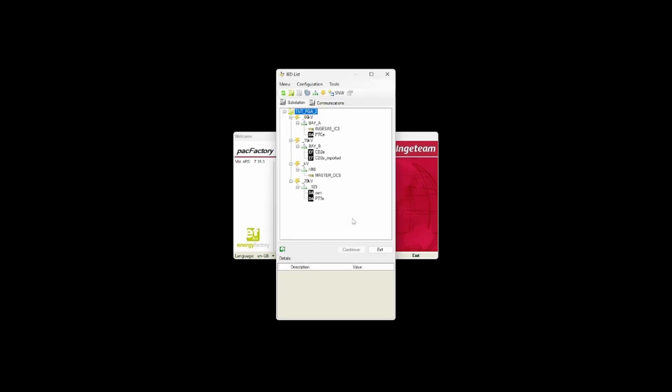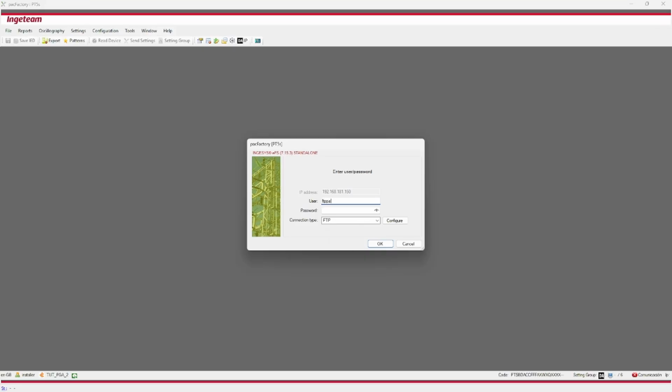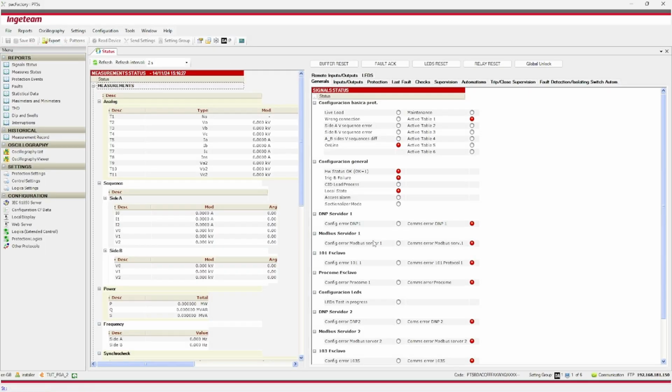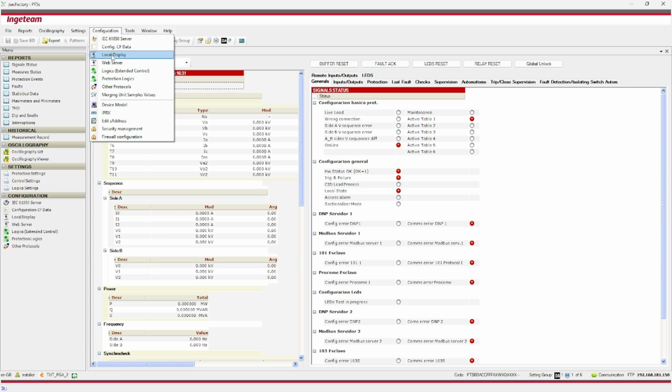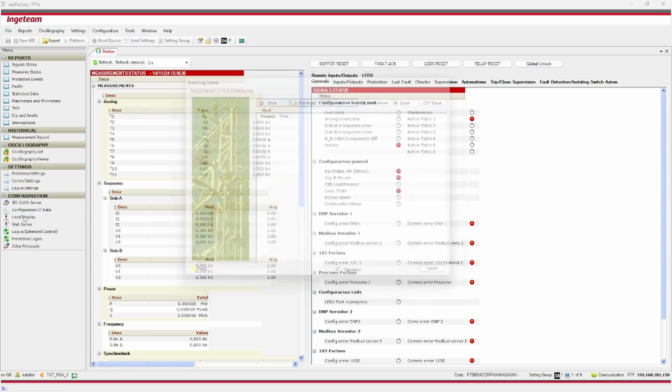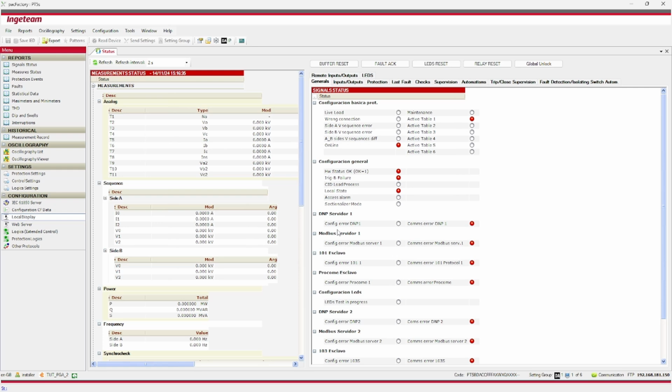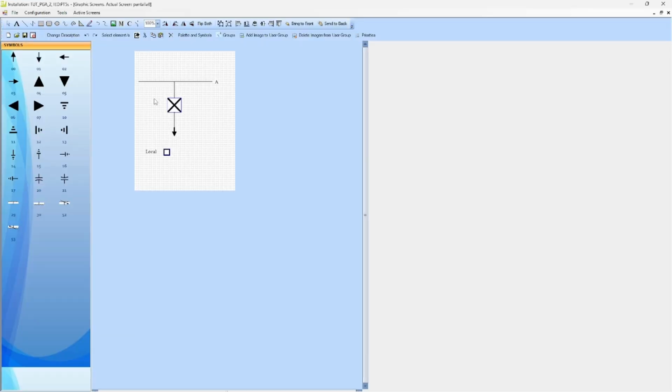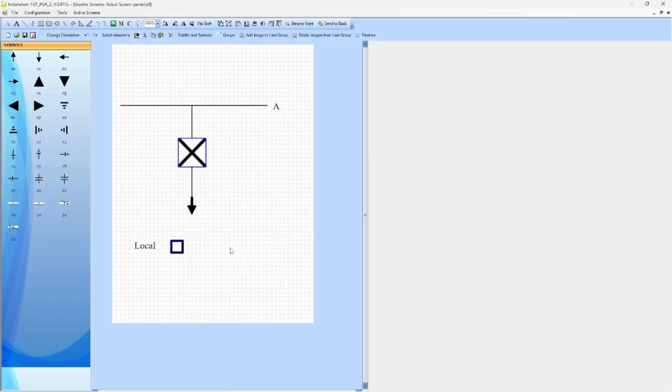In order to access the functional keys configurator, we first need to open the Pack Factory application and select the IED whose functional keys will be configured. Then, we will access the local display editor from either the Configuration drop-down menu in the toolbar or from the Configuration section in the column to the left. Once the local display editor is loaded, in the Configuration drop-down menu, the Functional Keys tag will be found, from where the Functional Keys configuration window will be accessed.